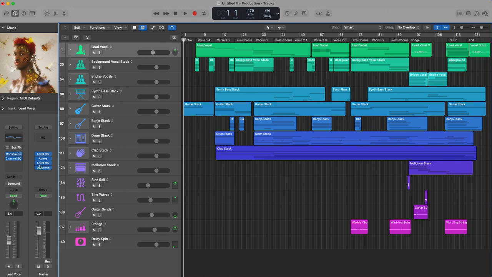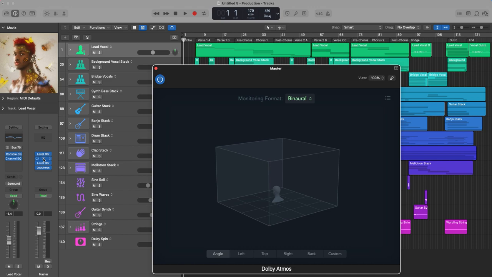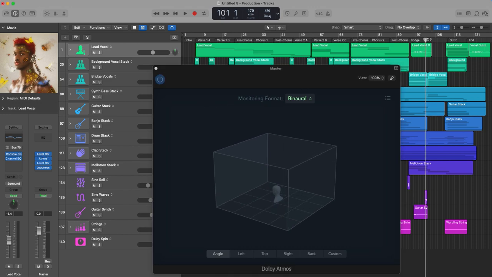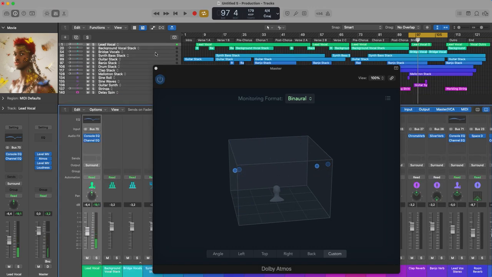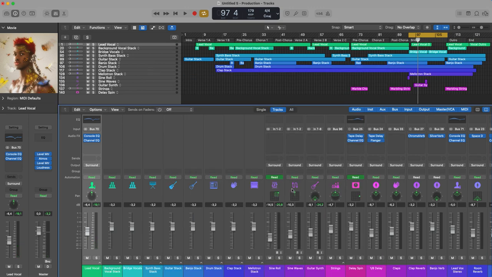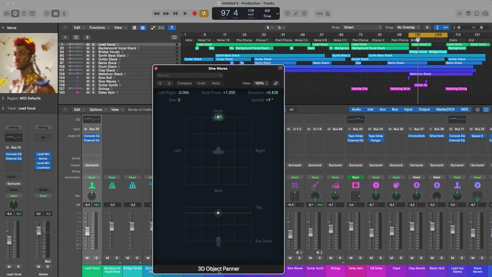We will have in the master output a new Atmos monitoring format, and let's see what will happen. In our channels, we will have a new 3D object panel that will let us put the mix in the back of our head with different sides.